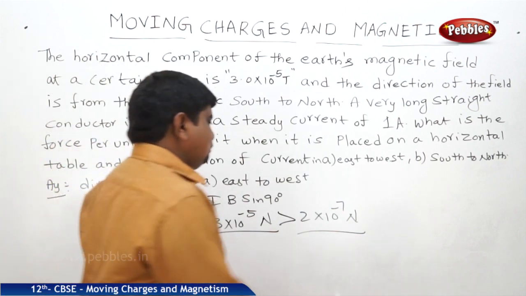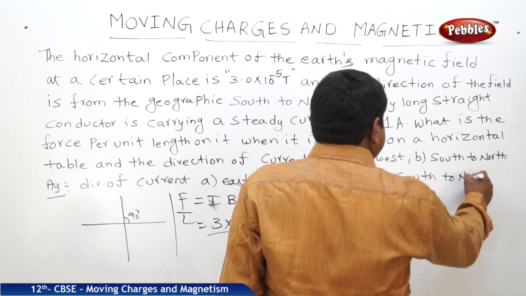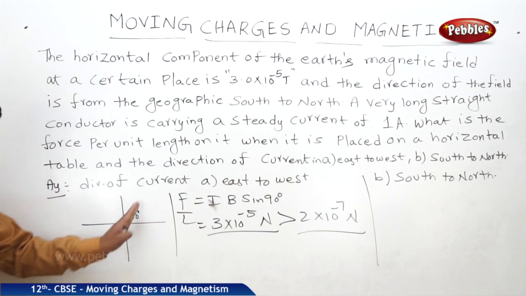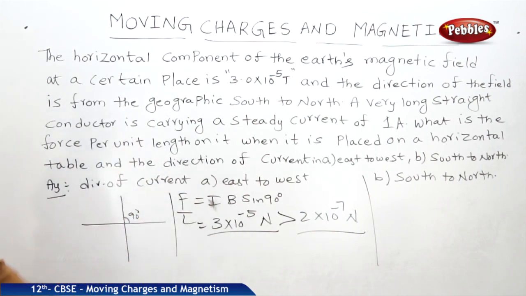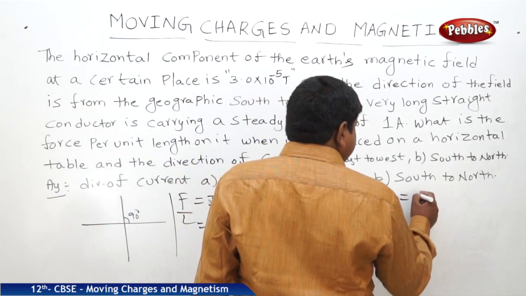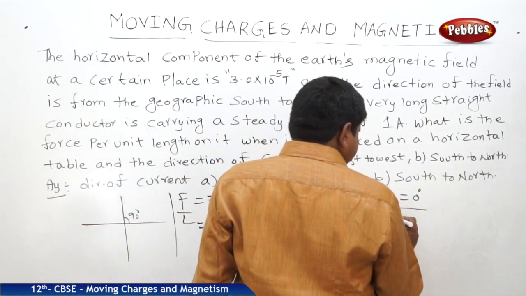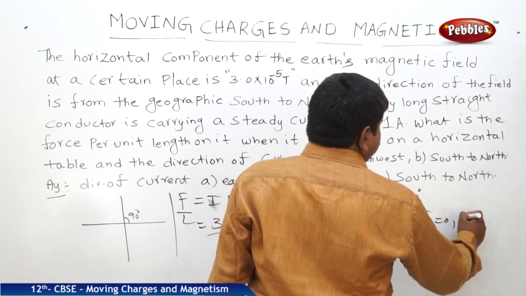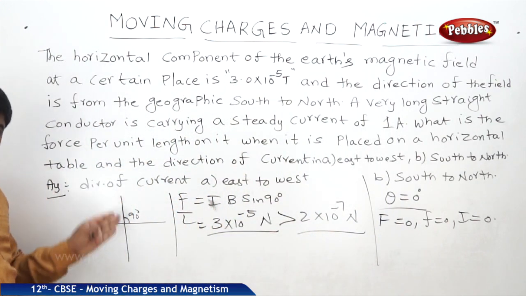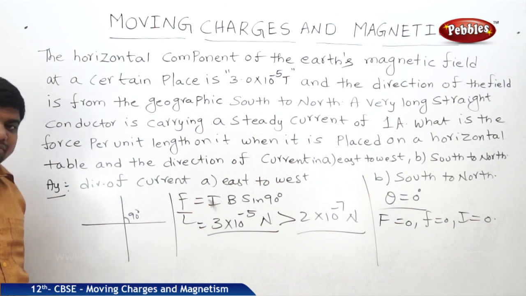But in case of south to north, the magnetic field is in south to north direction. The small dip will be there because of the force of repulsion, and electric field is also in south to north, so the angle is 0. So, what we can understand is there is no force, no current. F is 0, small f is 0 and I is also 0. So, in case of east to west, current travels in the downward direction, because if this is the case, it is making perpendicular with respect to the south north.